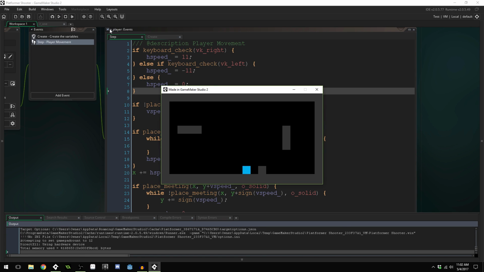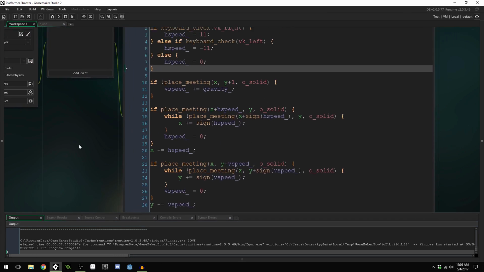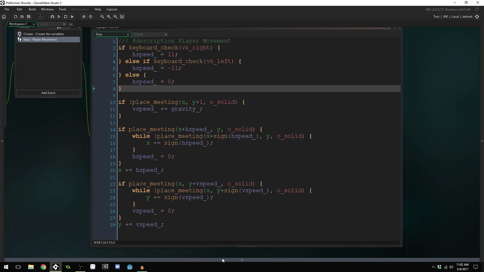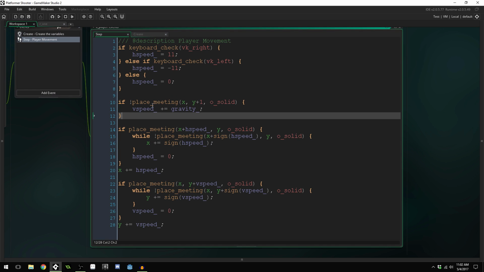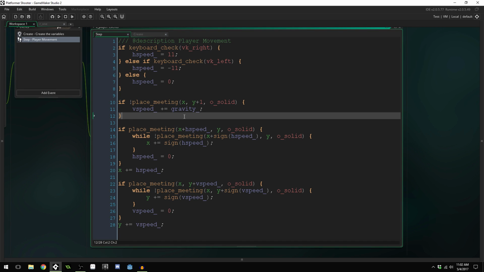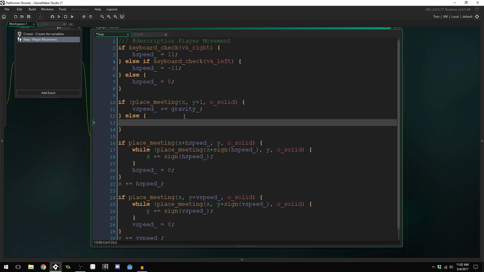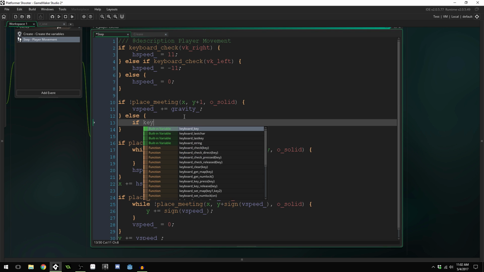And there you go. We've got working gravity. Now we can't jump yet, and let's add that in. So this check basically checks to see whether we're not on the floor. So if there's not an object 1 pixel under us, we know that we're in the air. But we can add an else to this. Else if keyboard check,